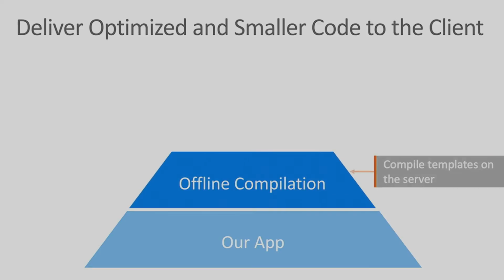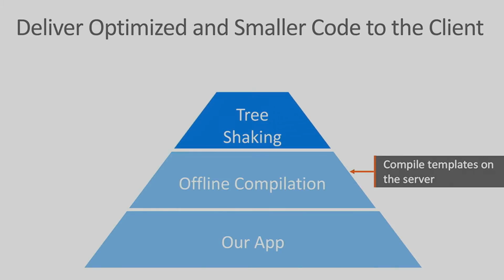Well, then we now have this thing called offline compilation with Angular 2, where basically what we're doing is, on the server, we're running Angular's compiler on its own code. This is something that normally happens in the browser. They're processing all the templates on the server, and it does two things for us. It makes our code a little bit smaller to bring across the wire. It also pre-processes the HTML templates, and then that code that Angular wrote to do that work no longer has to travel to the browser. So there's now less that has to go to the browser, and when it gets there, it doesn't have to go through that compilation process in the browser. Because as you can guess, on a server, it's faster than the browser.